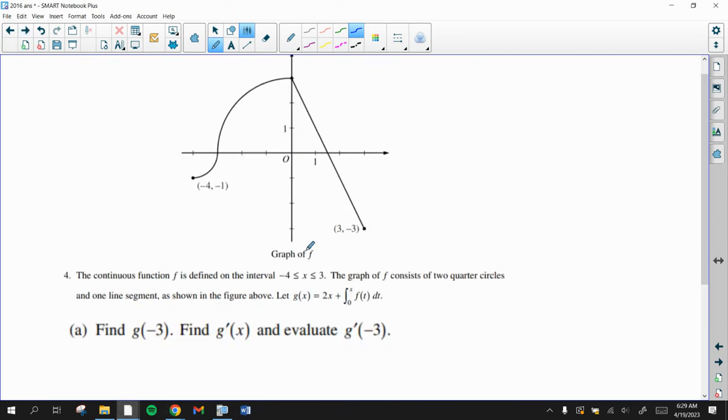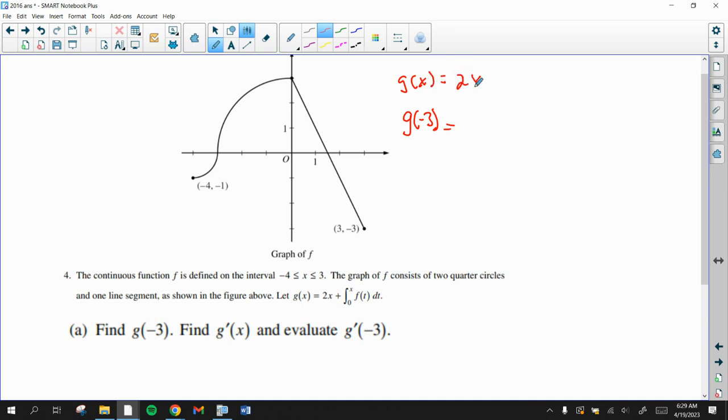Given this graph of F and G, we're supposed to find G of -3, G prime of X, and G prime of -3. So let's start with G of -3. G of -3 is just plug it in. So G of -3, given that G of X